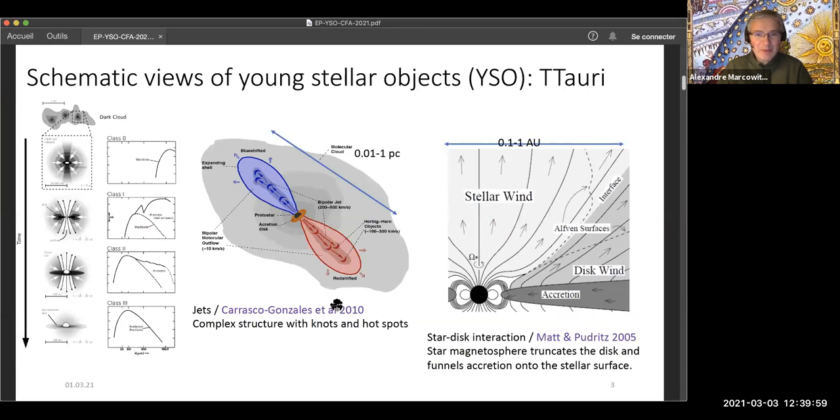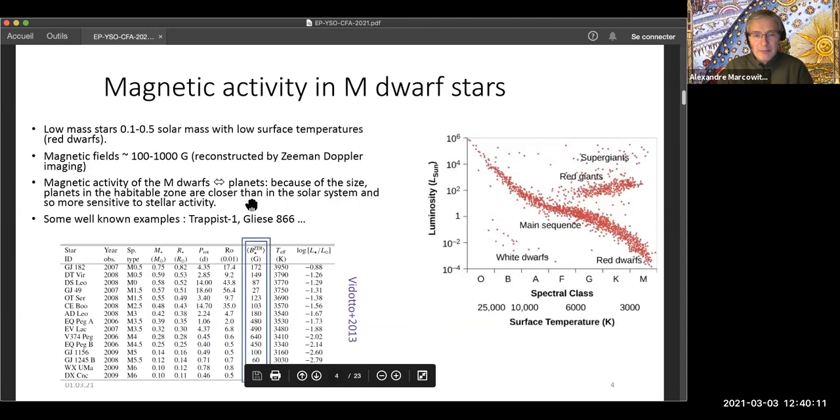So I was presenting mostly the T Tauri stars, so the sequence. Okay. And saying that it is composed of a star and then an accretion disk, and so producing jets. But so also, I mean,